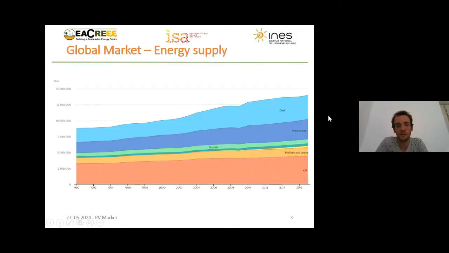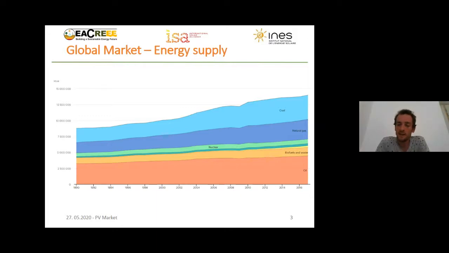So let's start with a global overview of today's global energy supply. This is a very nice curve from the IEA, the International Energy Agency, from 2018, so 2 years ago. That's the latest data on global energy supply. Here you see global energy supply by the different sources of primary energy. You have, of course, fossil fuels, coal, oil and natural gas, that account for almost 80% of global energy supply worldwide.